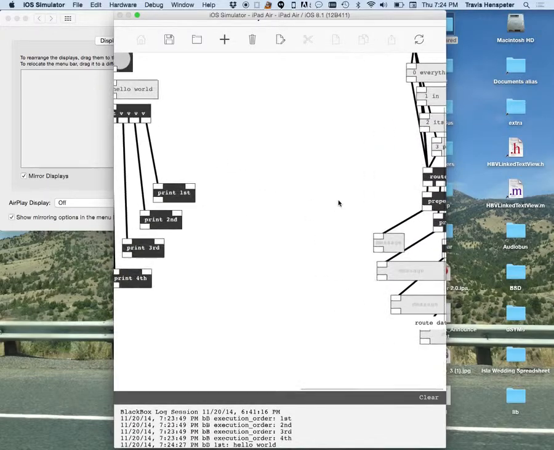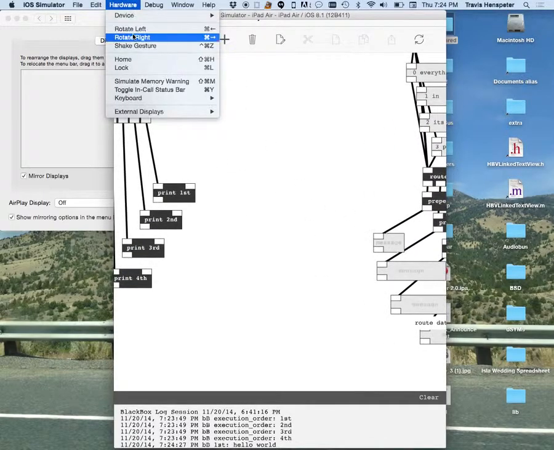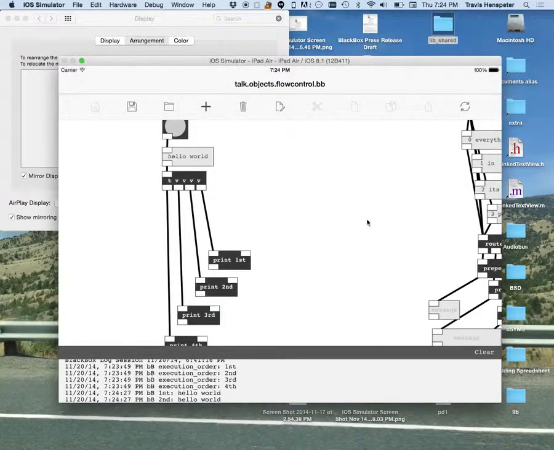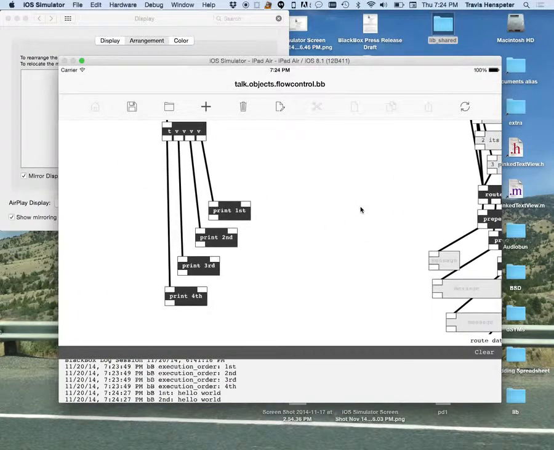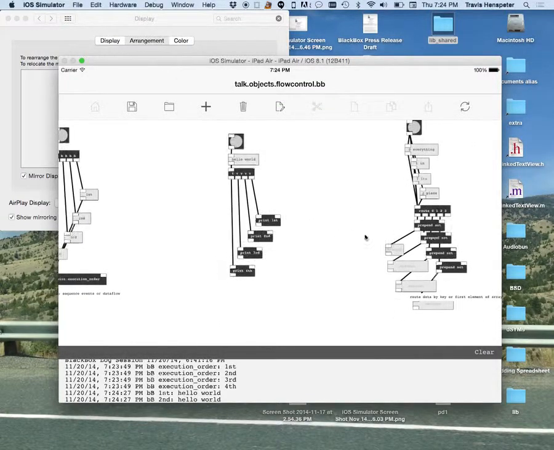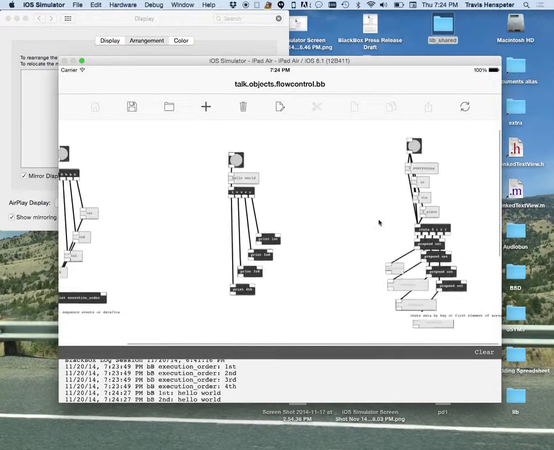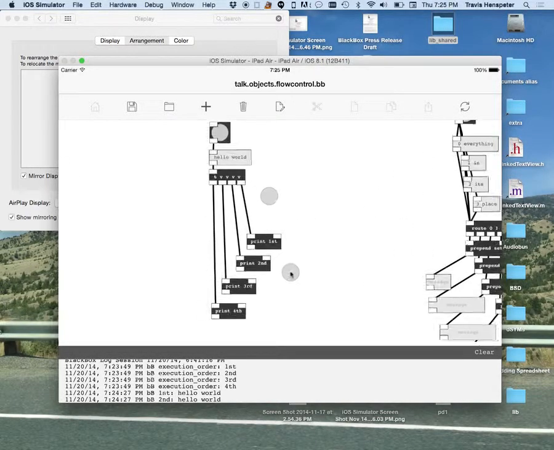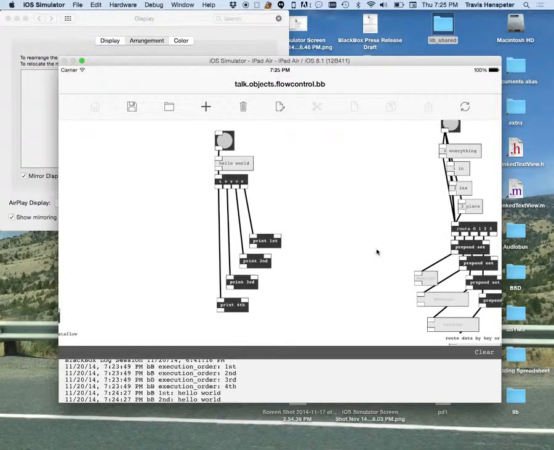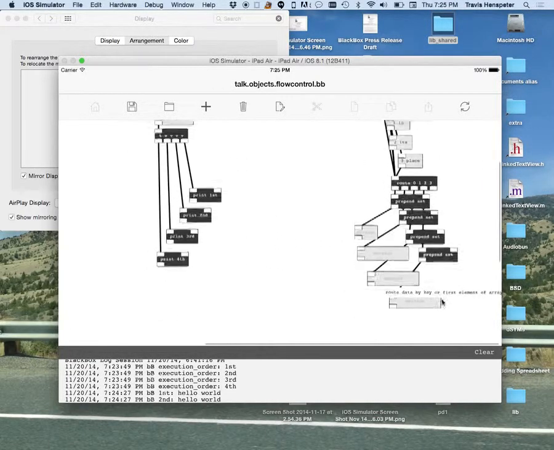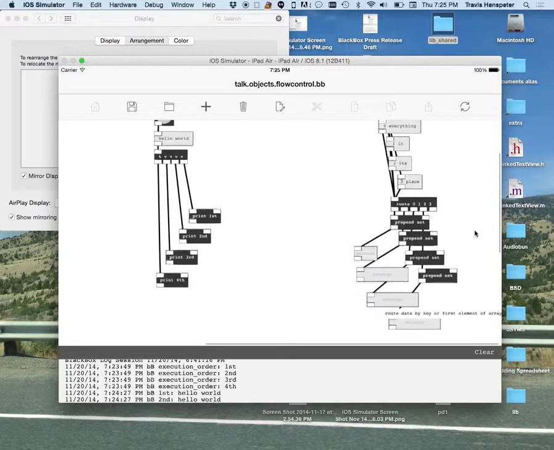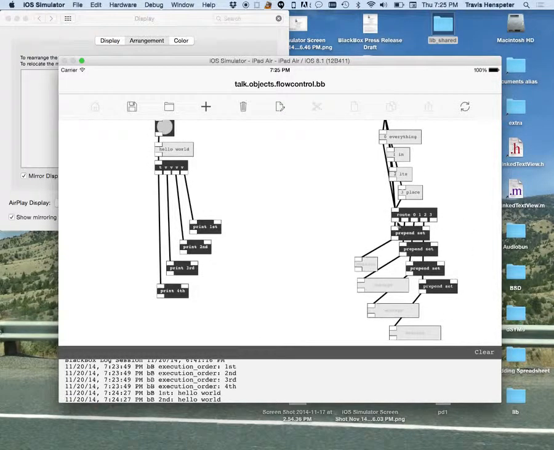Here's another. This one's kind of a monstrosity visually, but it doesn't bite. So here we have another flow control object, the route object. I'll see if I can get onto the margin here. Well, that's all right. So the route object,